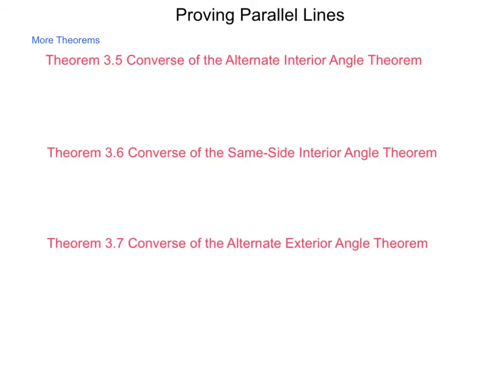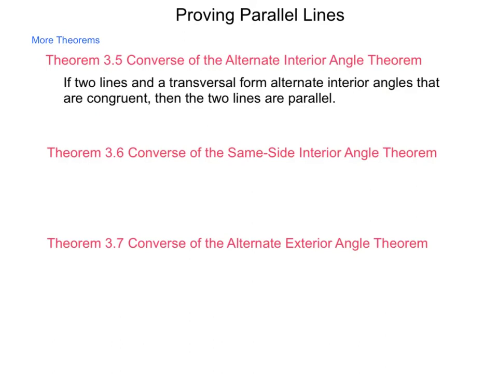We have Theorem 3.5, which is the converse of the alternate interior angle. Theorem 3.6, converse of the same side interior. And Theorem 3.7, the converse of the alternate exterior. So with these theorems, we're simply going to take our if-then statements from before and trade them. Let's begin with 3.5. If two lines and a transversal form alternate interior angles that are congruent, then the two lines are parallel. Taking the same idea and applying it to the next one, converse the same side interior angle